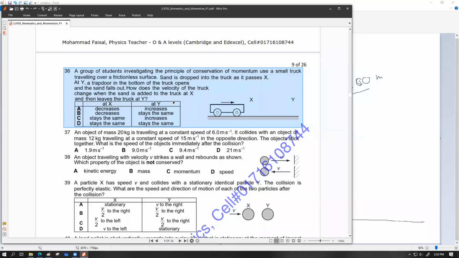So the momentum that the trolley had in the initial case will now start to get shared in a bigger amount of mass. Let's say the momentum of the trolley before it reached the point x was 100 units, and the mass was 50 units, so the velocity was 2. If you now apply a bigger amount of mass which was initially at rest, you're going to have more mass compared to 50 units, but your momentum was still very much the same